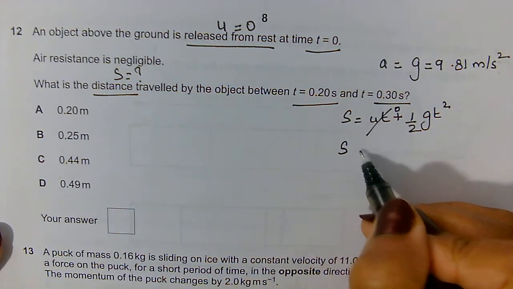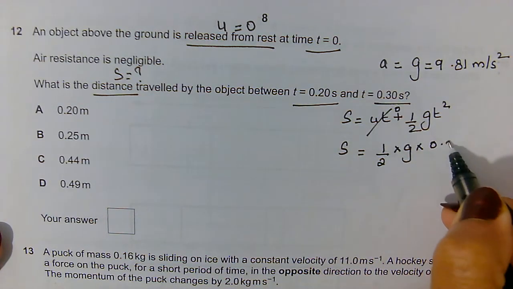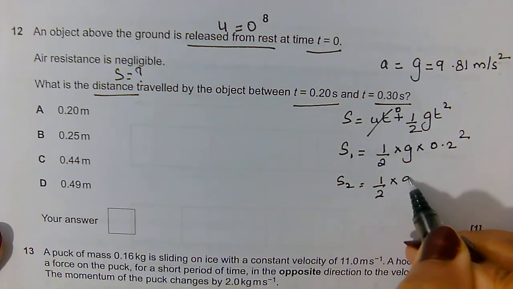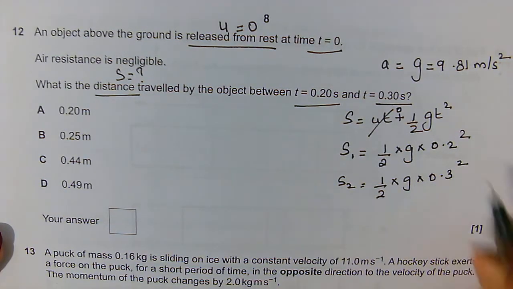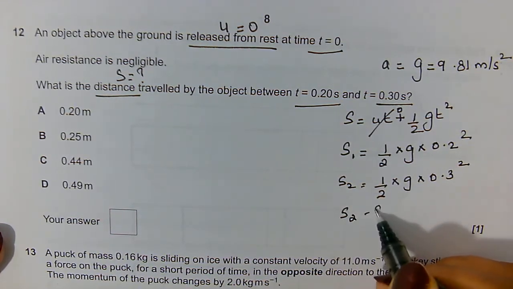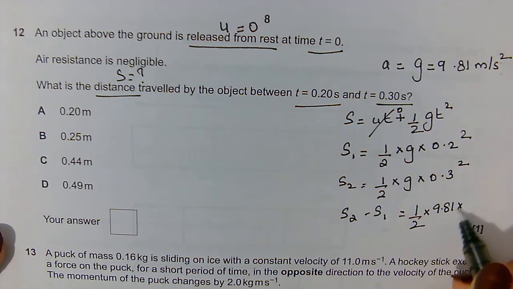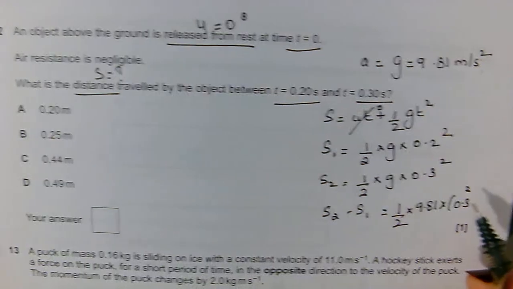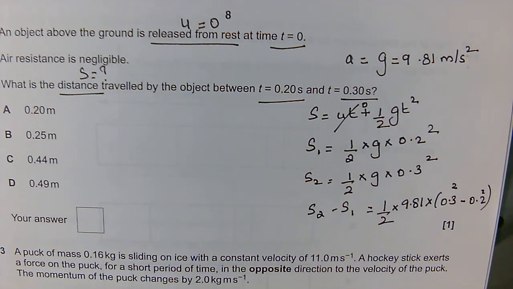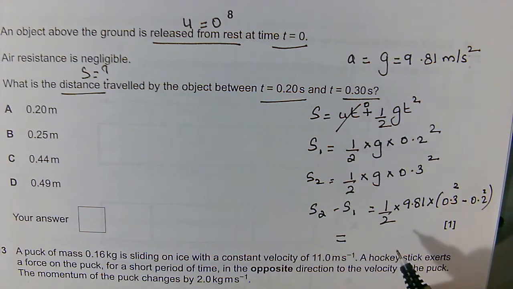You can find the distance traveled when the time is 0.2 seconds, and then find the distance traveled for the time of 0.3 seconds, and then between these two you just need to subtract them. So half times 9.81 times 0.3 square minus 0.2 square. If you work it out, it turns out to be